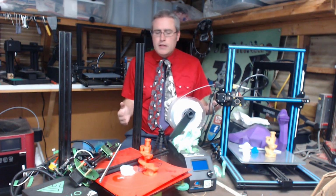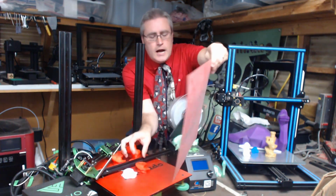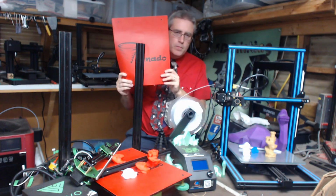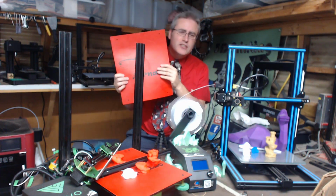So I finally get the bed leveled, and the prints still aren't coming out right. I even go as far as to change the build plate. I took off the original build plate that was on here and put on the spare one that they sent me. They sent me a spare one, and I had scratched this up trying to get